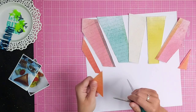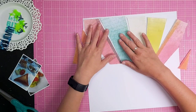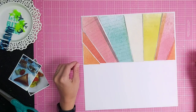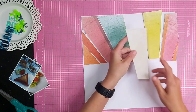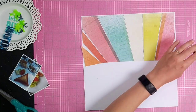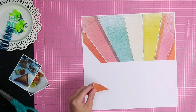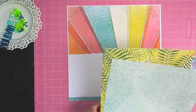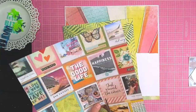I like the way the distressed edges already give a bit of dimension to the page and show that there's a purpose to what you've done. So I'm just adding a small bit of tape to each piece so that it holds it in place before I put it through my sewing machine. So I've popped that through the sewing machine, and I've also added a manufacturer's strip to the bottom of the